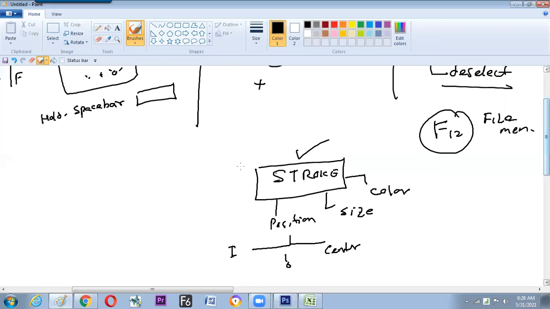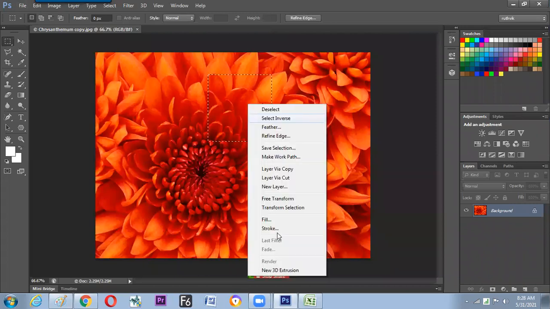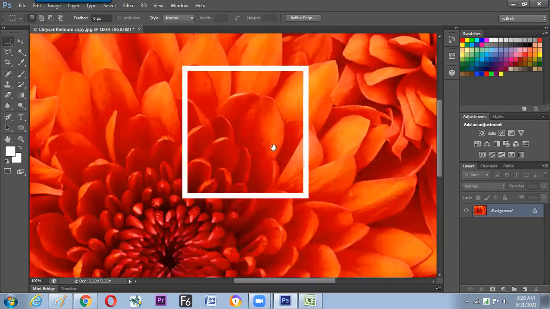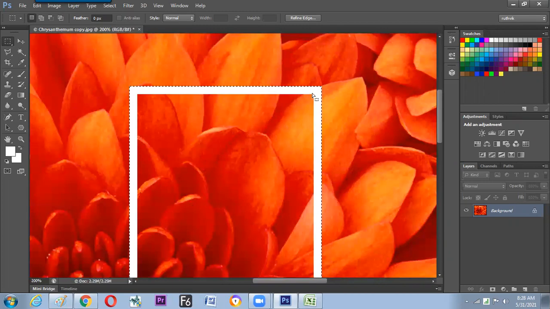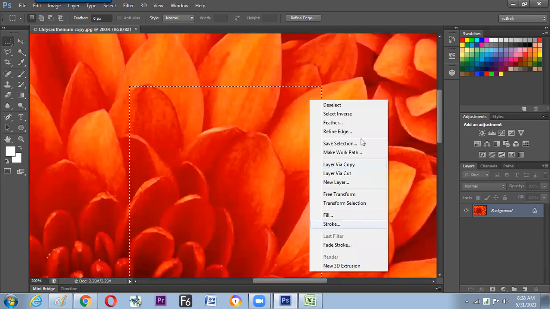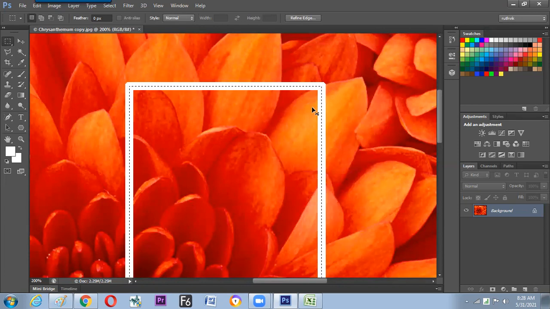Now, how do people make money out of this? Theory is finished. Options are known. But let us see how people make use of it. In Photoshop, the position is inside, center and outside. You see, this is center. We have gone for inside only, right? Inside, which is, you can see on your screen, the selection is outside, the stroke has been put inside. And the same action, but the position is center. Then what happens? 50% inside, 50% outside. Does it clear?